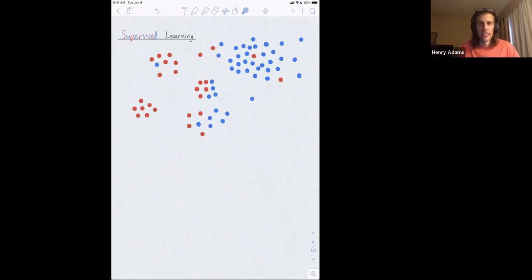Supervised learning, instead, your data comes equipped with labels, okay? So here maybe, again, each data point is an athlete, but the long distance runners are labeled in red and the weightlifters are labeled in blue, okay? And so you're trying to learn what you can about long distance runners versus weightlifters, and you've been given labels, red versus blue, or this type of athlete versus that type of athlete.